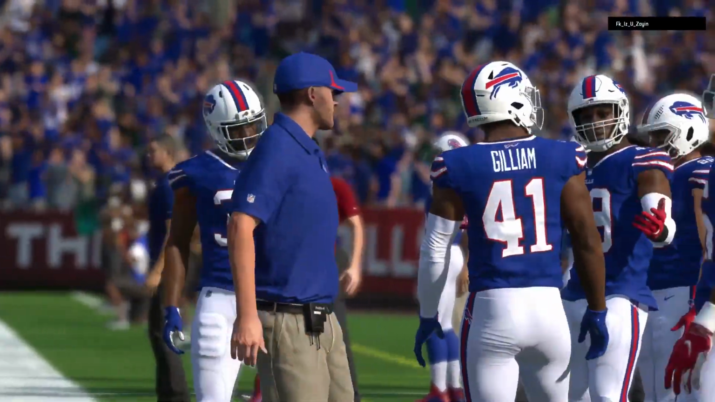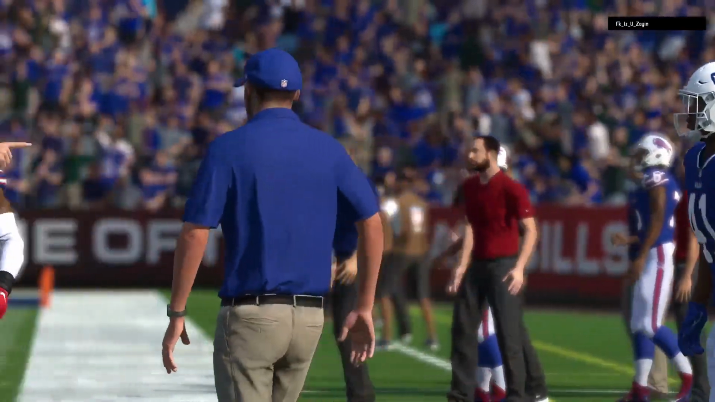Charles, a lot of happy faces heading into the tunnel as this one ends, and understandably so. Not only